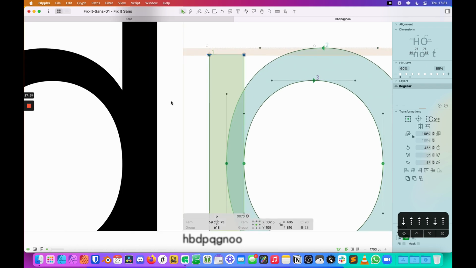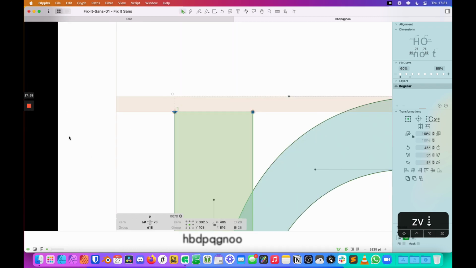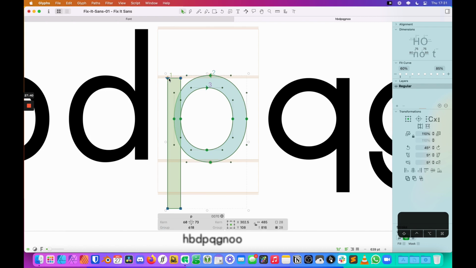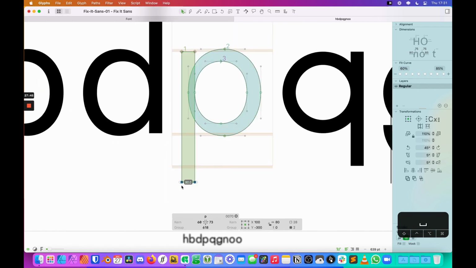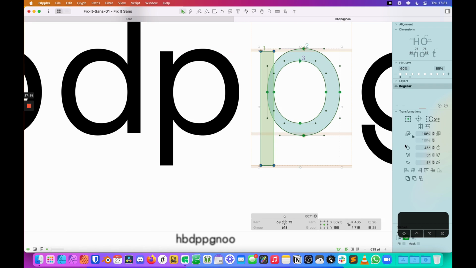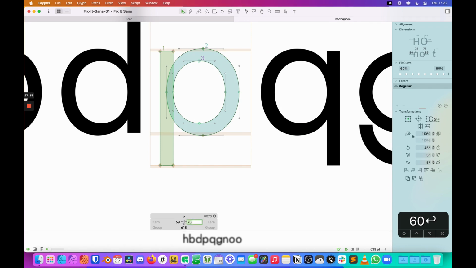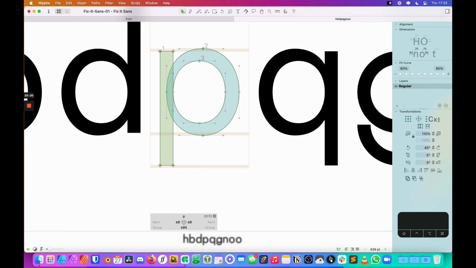I just flipped my B upside down here, and I'm just trying to make sure, there we go, that I want this stroke to line up with the X height line. And then I'm just going to grab the bottom of this, line it up with the ascender. And then again with the Q, we're just going to flip it over there. We'll just go back and type in all of my spacings.